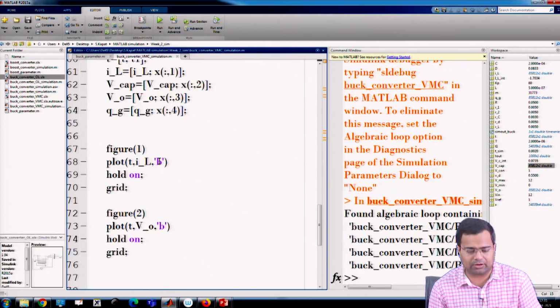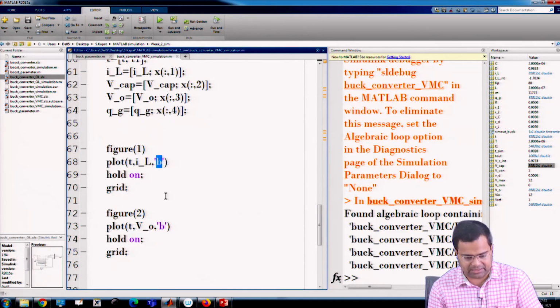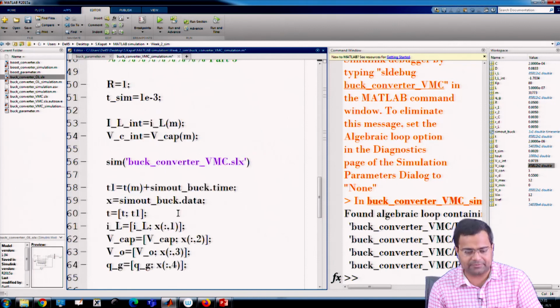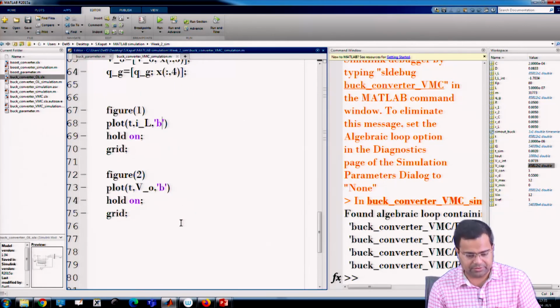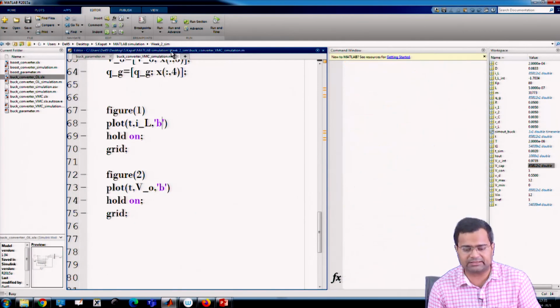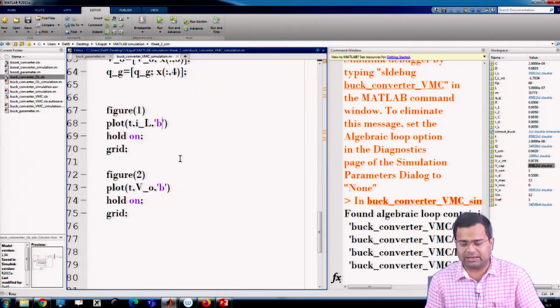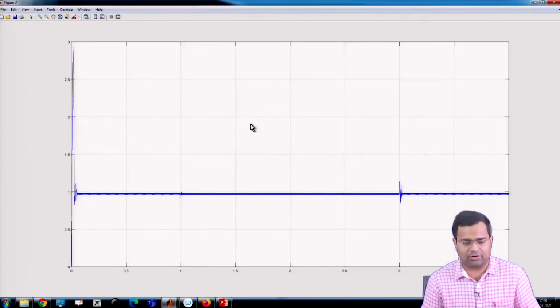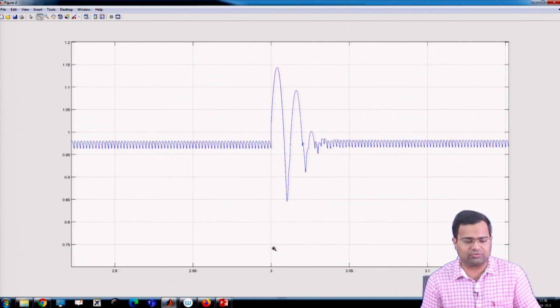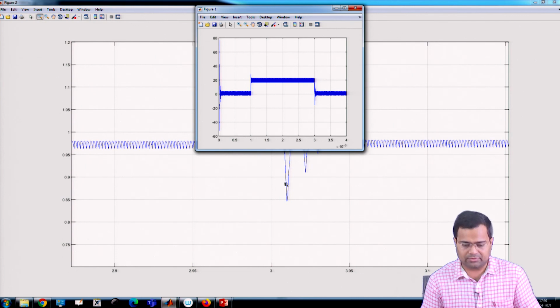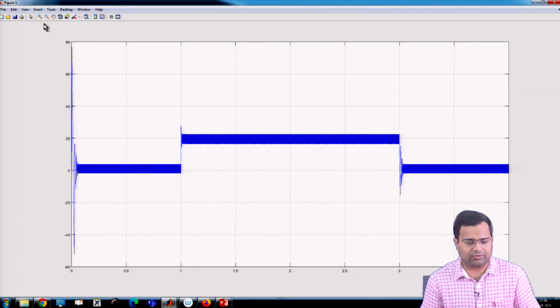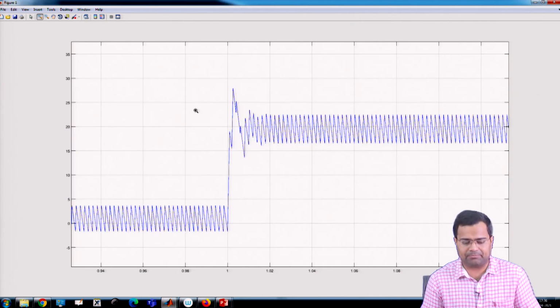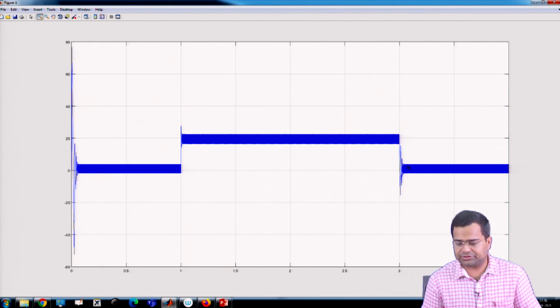So now we want to plot, this time a green plot, or maybe, sorry, the whole entire plot. Let us see what happens if we do step up and step down transient. Now you can see the whole step up and step down. This was the step up transient, this is the step down transient, with a huge overshoot. The current also undergoes a step up and step down transient.